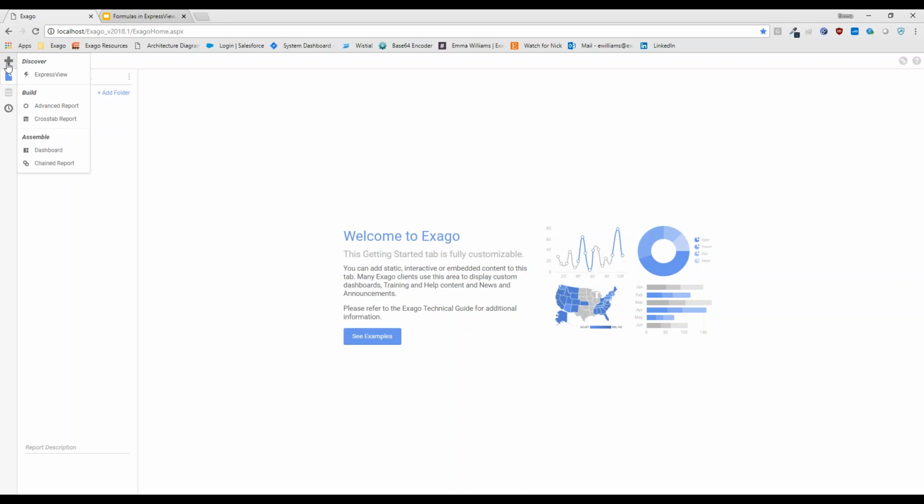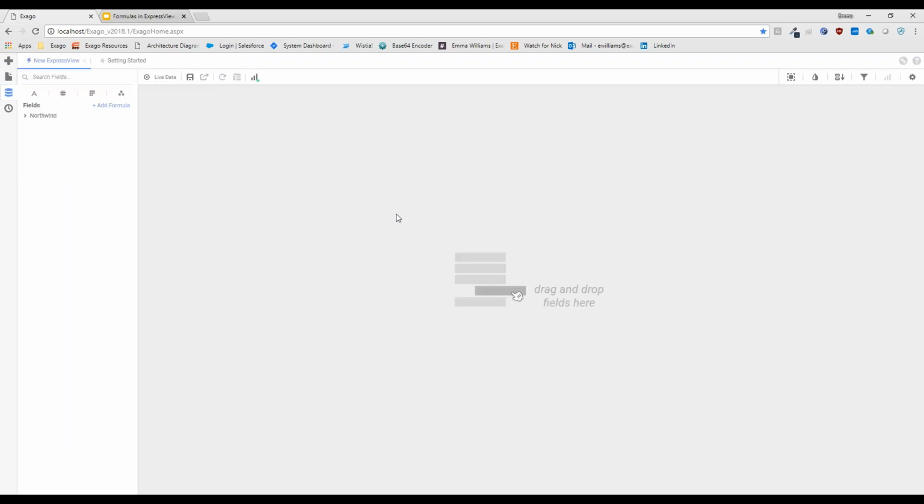So I'm going to open up a new ExpressView. We're going to start from scratch today. Now, a few changes to the UI of ExpressViews with the addition of this new functionality. So when I open up the designer right away, we can see this Add Formula button. That's new. It allows me to create a formula from scratch. We also have the Selected Cell menu, and I'm going to walk through that once I have some data on my canvas. It's a very simple to use menu, but it really allows me to utilize this formula functionality as well as style those cells appropriately. So I'm going to touch on all of that today.